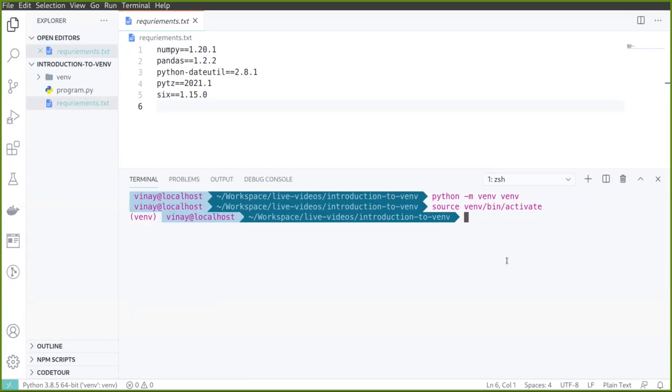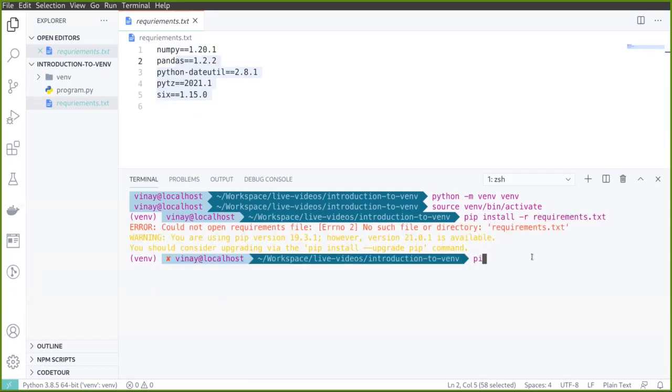Now we need to install all the packages. We are not going to specifically do pip install numpy==1.2 and all those things. Rather, we just need to install all the packages from this file. We just need to run this command: pip install -r, and provide the file name.